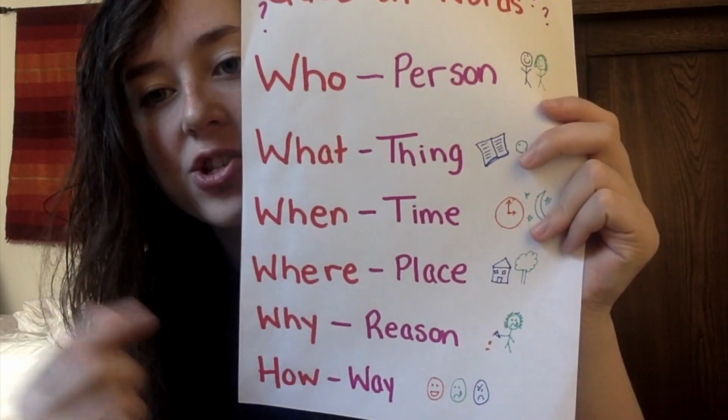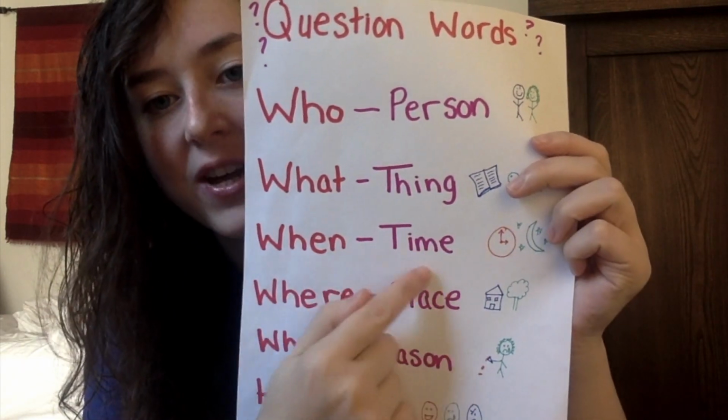So watch me answer a question about Olivia. I've heard from so many of you that you loved reading this book, so I'm more than happy to come back to it. So the question that I want to answer today is, when does Olivia like to go to the museum? So it's a when question, right? So knowing my chart, I know that I am looking for a time. My answer has to include a time. When does she go to the museum? My answer has to be a time.